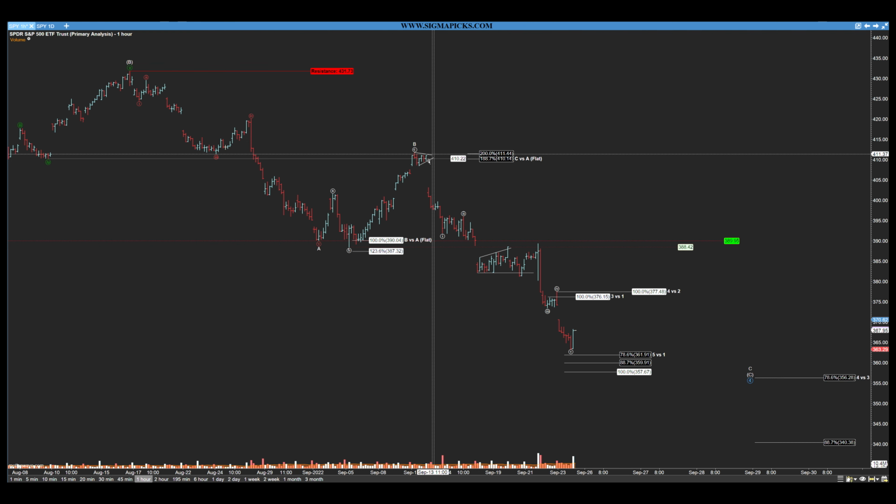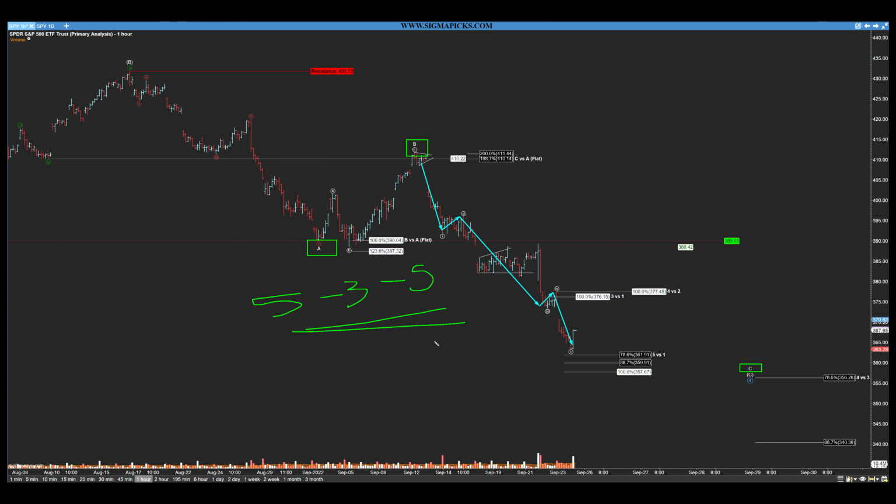We did get a flat correction of this A wave. We did get a flat correction of this A wave that corrected here, and now we are in a C wave. That also gave credence to the fact that it is another 5-wave structure, and that tells us, yes, it is that 5-3-5 zigzag that we were expecting it to form. For all intents and purposes, that we need to know that